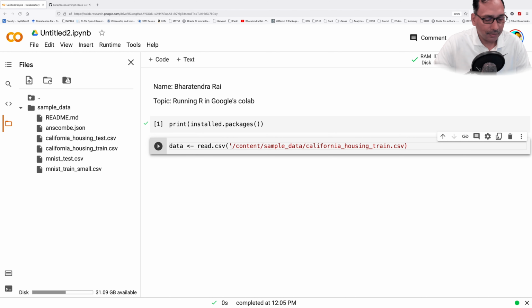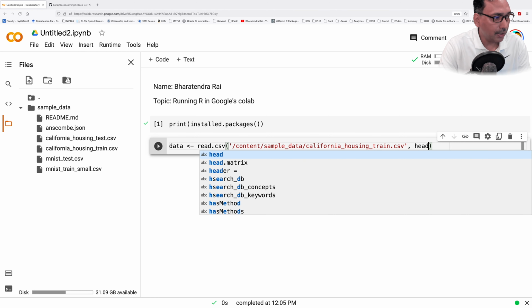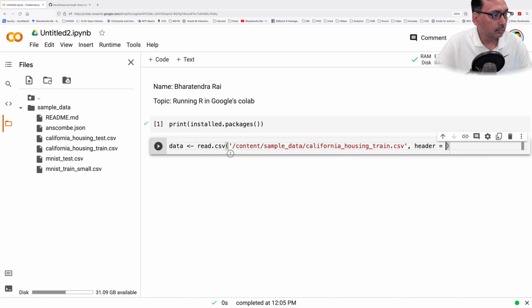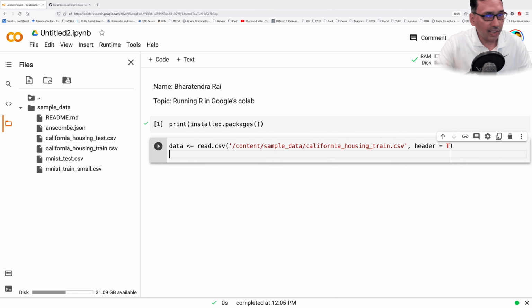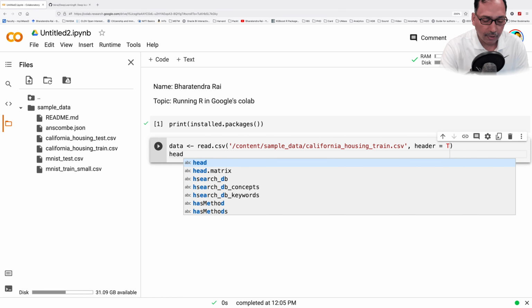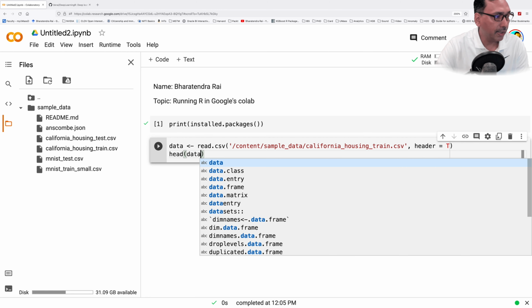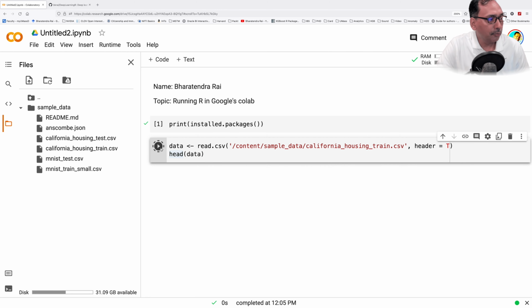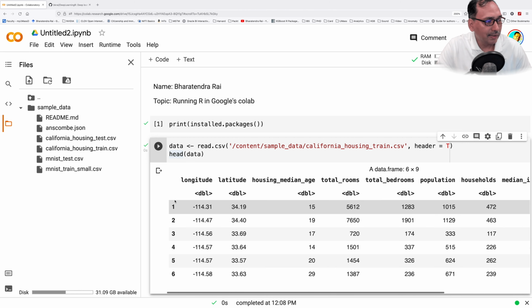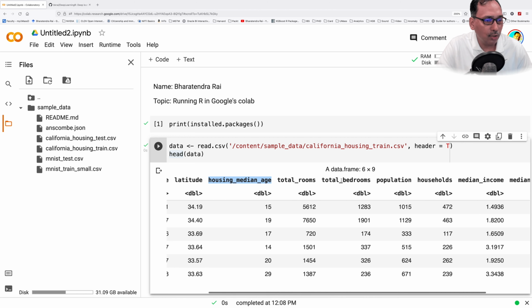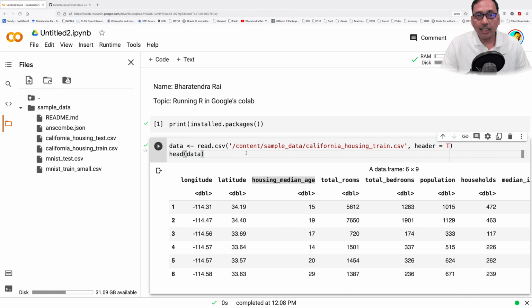Simply paste that, and it may have a header. So I'm going to say header equals TRUE. This will read the data into data. And then if you want to just look at the first few rows of data, you can say head(data). If you run this, it will tell you that this data set contains several variables like longitude, latitude, housing median age, total rooms, etc. So this is how you can read any CSV file that is already available here.